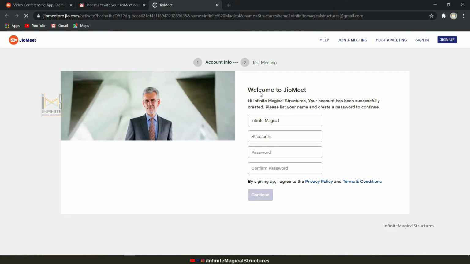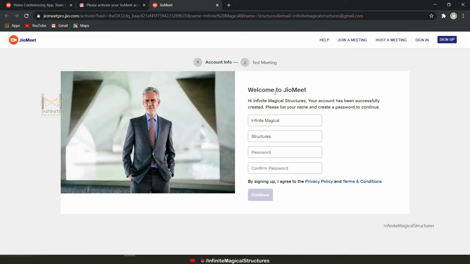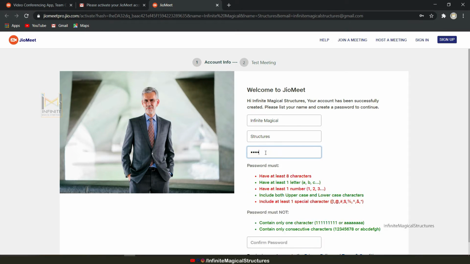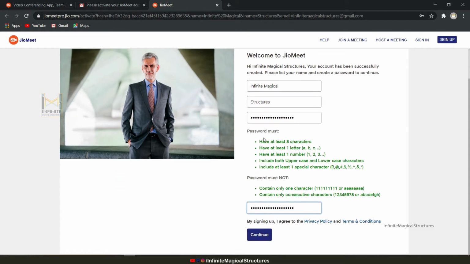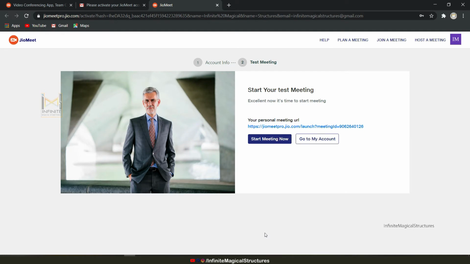Just click verify. It is asking us for the password. Once you enter the password with special characters, number, uppercase, lowercase, everything, just click continue. So now our account is activated.